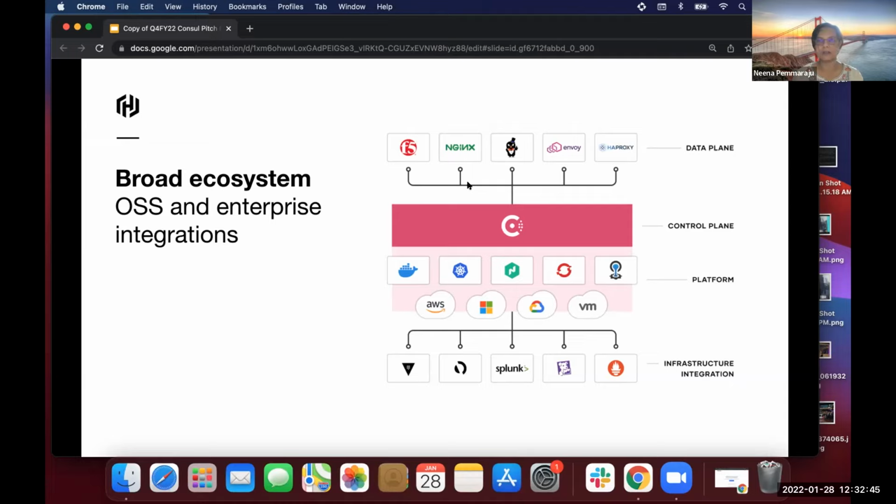So it's the leading firewall vendors, the leading load balancer vendors, folks like Cisco who are in our ecosystem for that. And then on the other side, when it comes to platform, we run on pretty much any kind of platform that you can think of on any cloud, and have all the integrations that will let you run Consul as a service in your own environments.